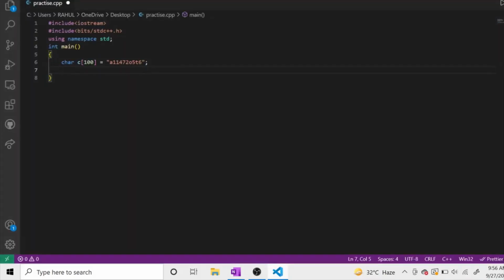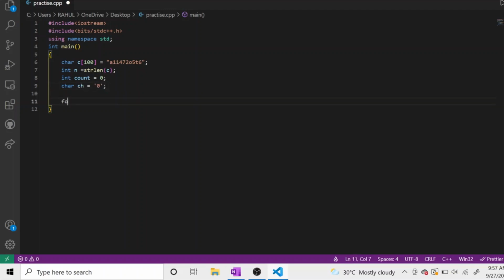So first of all we are given the character array, and first we will calculate the length of the character array. So int n is equal to strlen of c. In this way we will get how many characters are there in the array, and now we will create a count variable so that we can count the occurrences of each digit in the array. And also we will create a character ch, and we will initialize it with the character '0'. You will get to know why we are doing it like this.